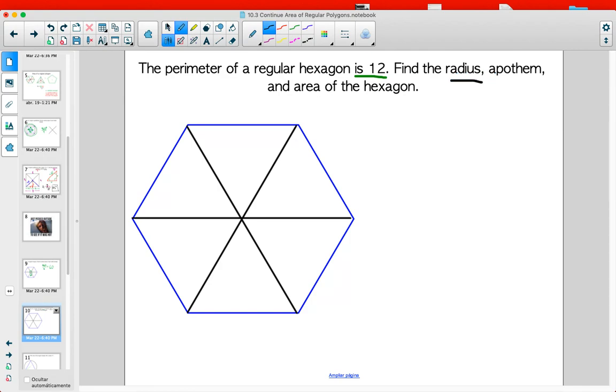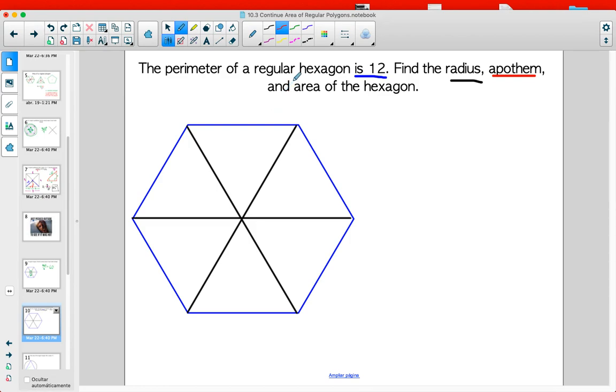Let me color code. The perimeter is in blue, right? Blue. The radius is in black. And the apothem, I'm going to do it in red. Okay. And then the area. So what we're going to start off by doing is we're going to put everything that we know on the